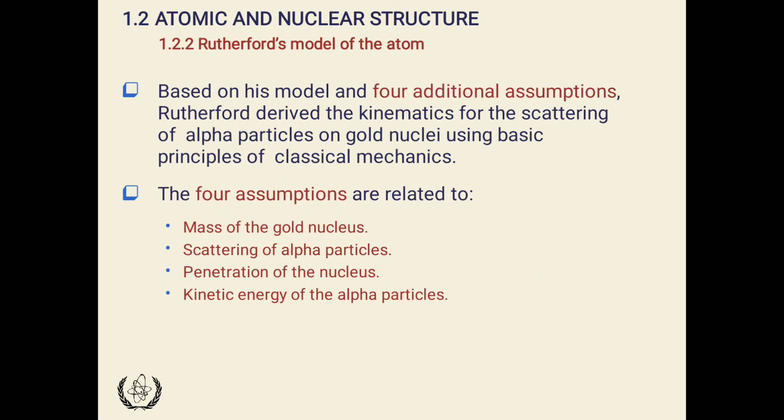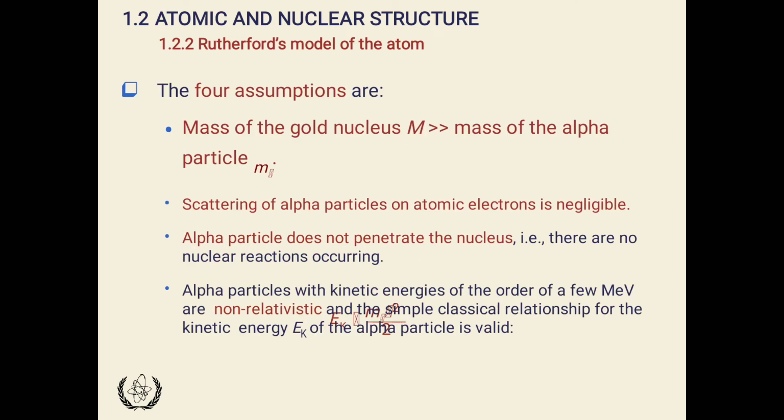Based on his model and four additional assumptions, Rutherford derived the kinematics for scattering of alpha particles on gold nuclei using basic principles of classical mechanics. The four assumptions are related to the mass of a gold nucleus, scattering of alpha particles, penetration of a nucleus, and kinetic energy of alpha particles. The four assumptions are: